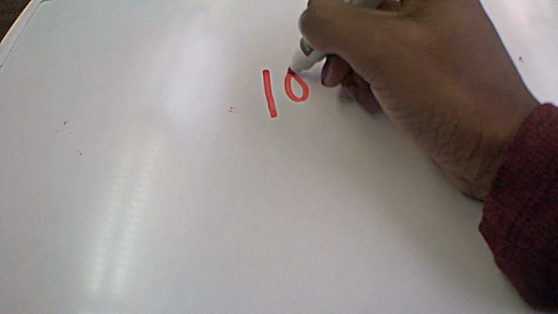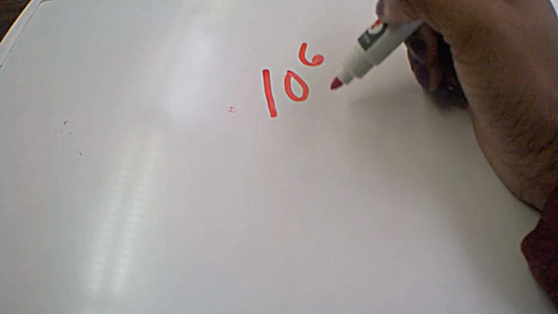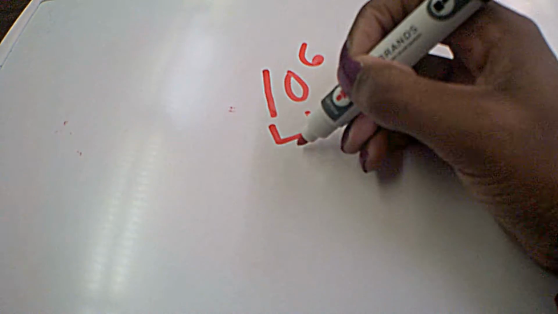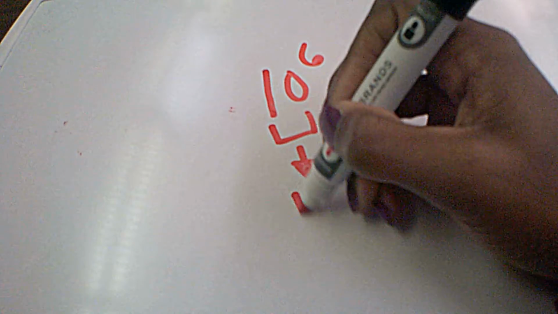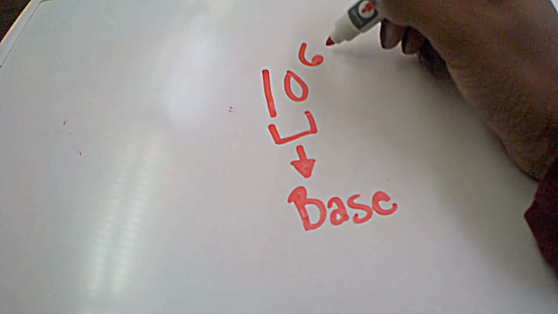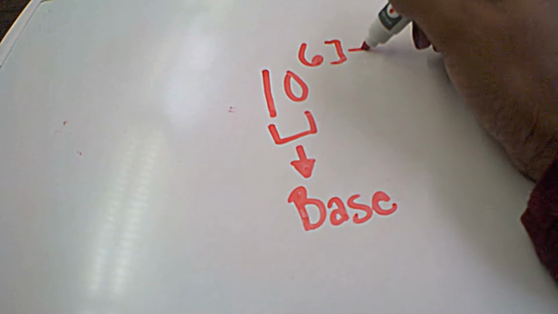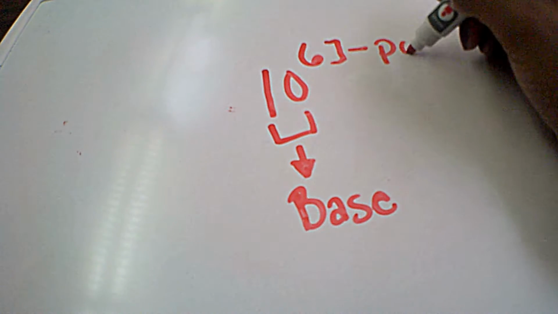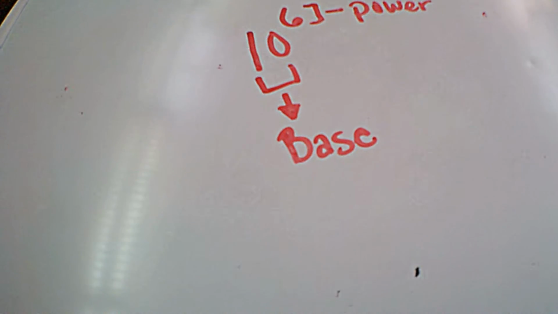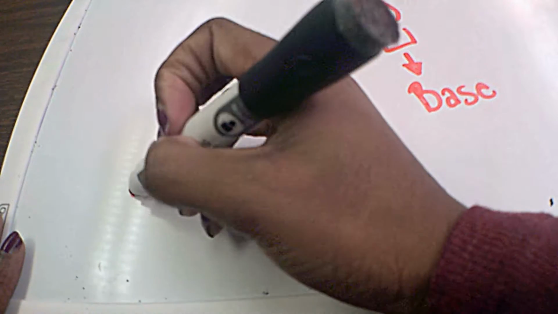For example, we have 10 to the 6th power. This is your base. That's what we call a base. And these are vocab words. And this is called a power. Okay, now 10 to the 6th power means